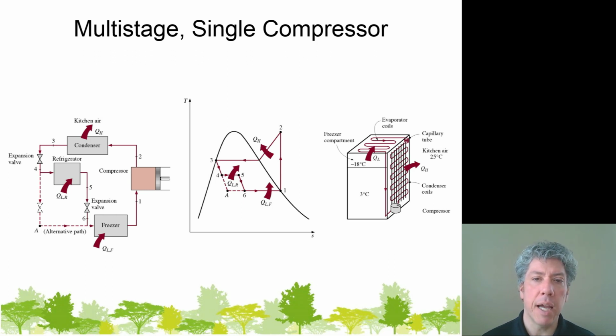If we have two in line with one another, what will happen is the first expansion valve will cool down the refrigerant by allowing some of the high pressure refrigerant to expand, but maybe not cool it down to a really cold temperature. And that way we can have the refrigerator give up its heat to this refrigerant and then expand the refrigerant again in order to really cool down things and go through the freezer picking up heat. Now you see what's happened here. This is a more efficient design because look at the cycle diagram. Look at all the area enclosed by